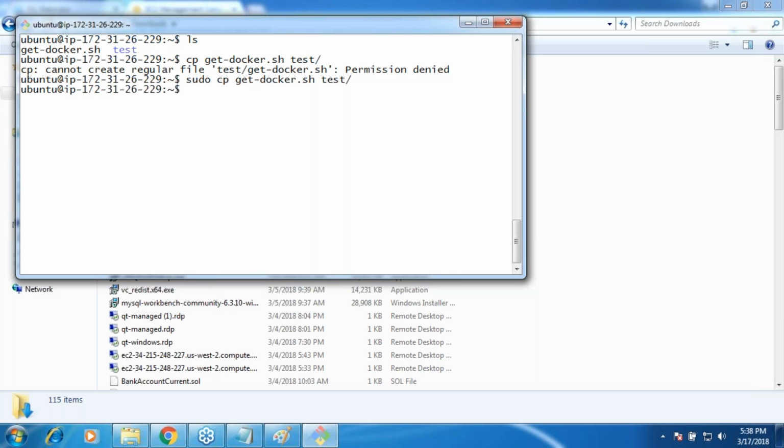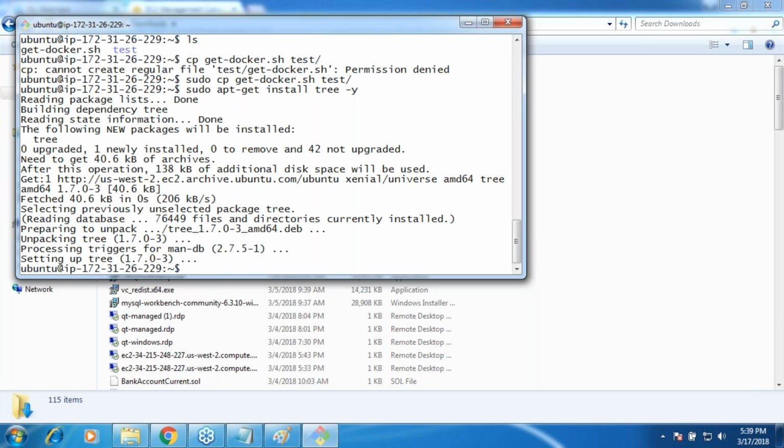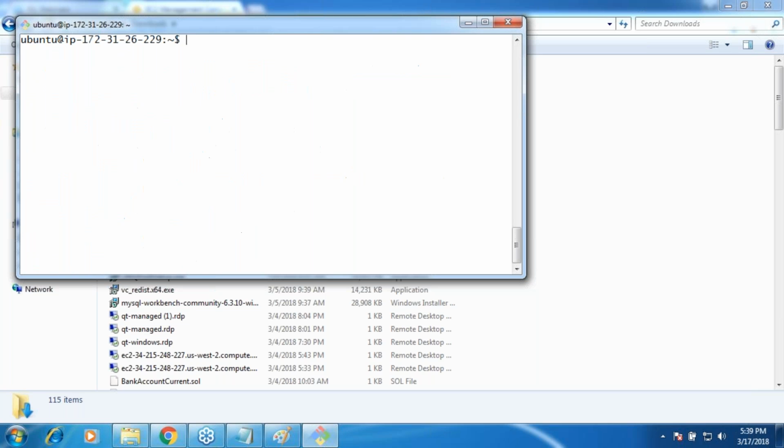So now let me install sudo apt-get install, just for us to have an overview of what the folder structure looks like. So this is my folder structure. I have get-docker.sh, and then a test folder, and in the test folder I again have get-docker.sh.